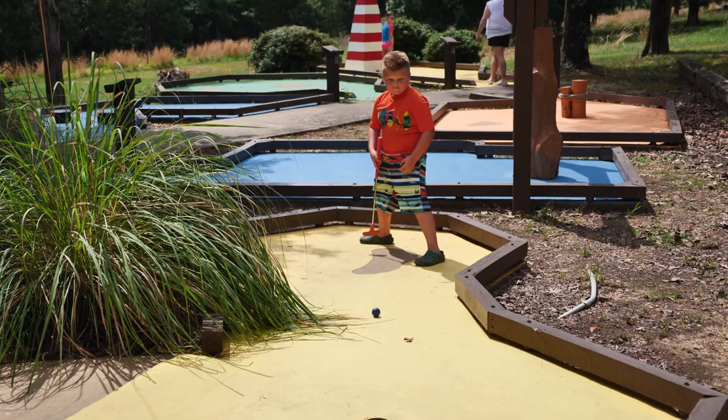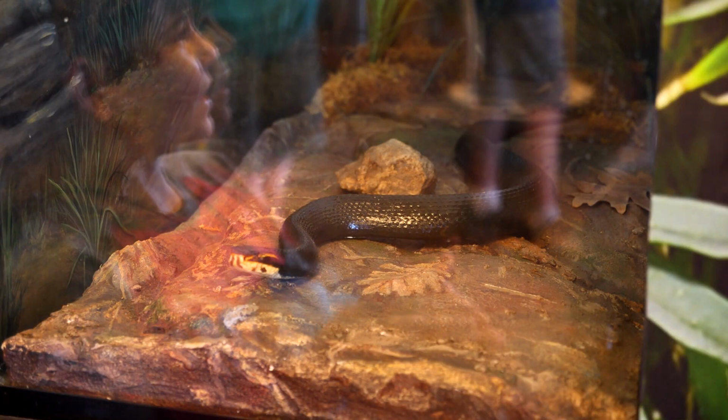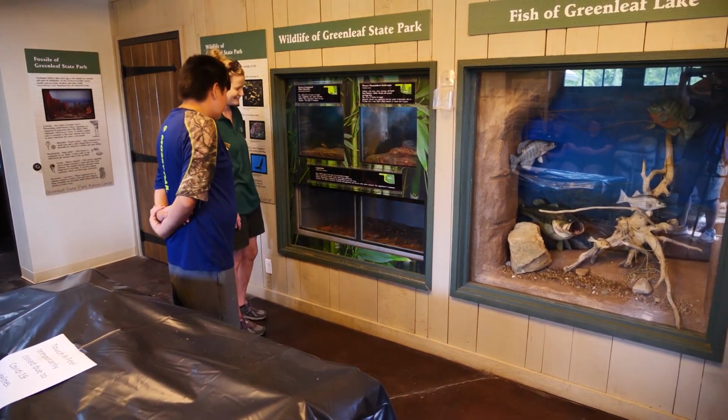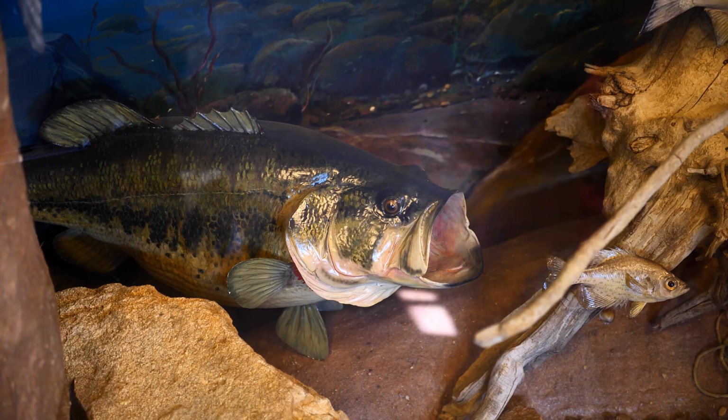You can play miniature golf located right next to the splash pad. And they have triangle-shaped heads, so that's when you know they're poisonous. The Discovery Center has a naturalist on site. She has different fun and educational activities for the kids. Other things to keep one active at the park include...